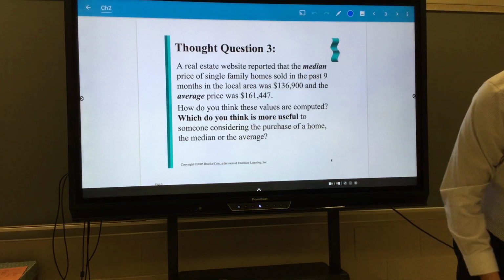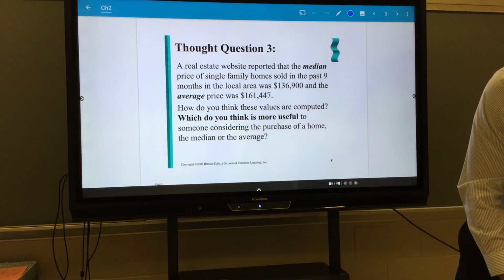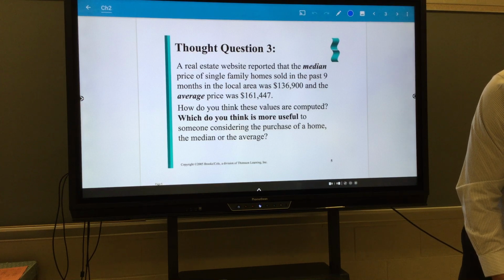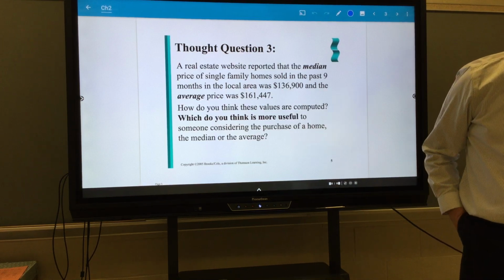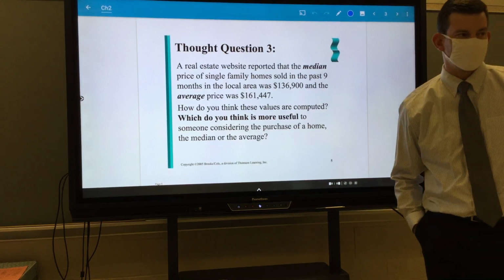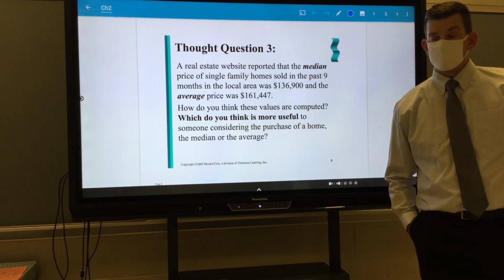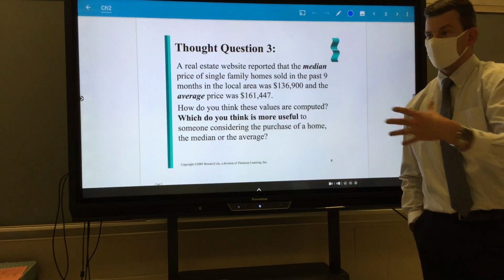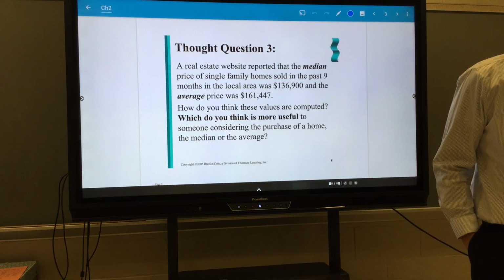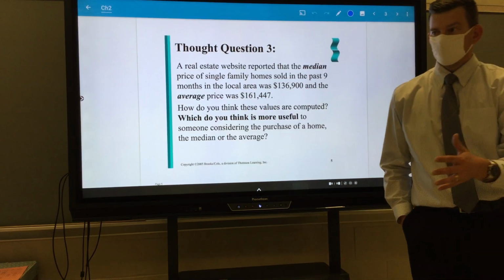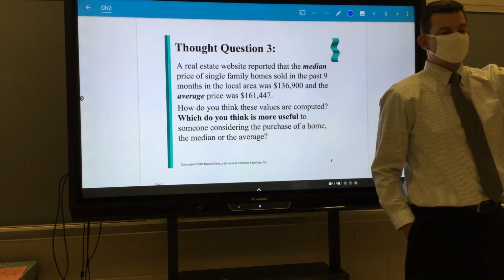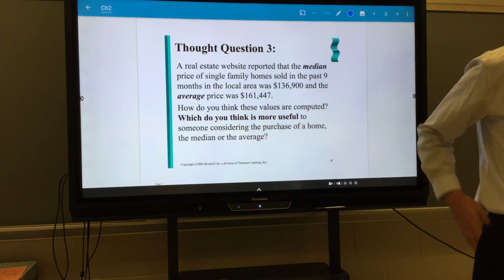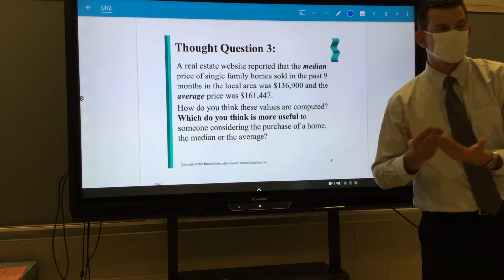Emily? There could have been an outlier on the higher side. There could have been a house for like $500,000 that would have brought up the average. Exactly, yeah. You have an outlier here. And in this housing scenario, an upper outlier makes sense. You could have a house that is way above the value of the others,